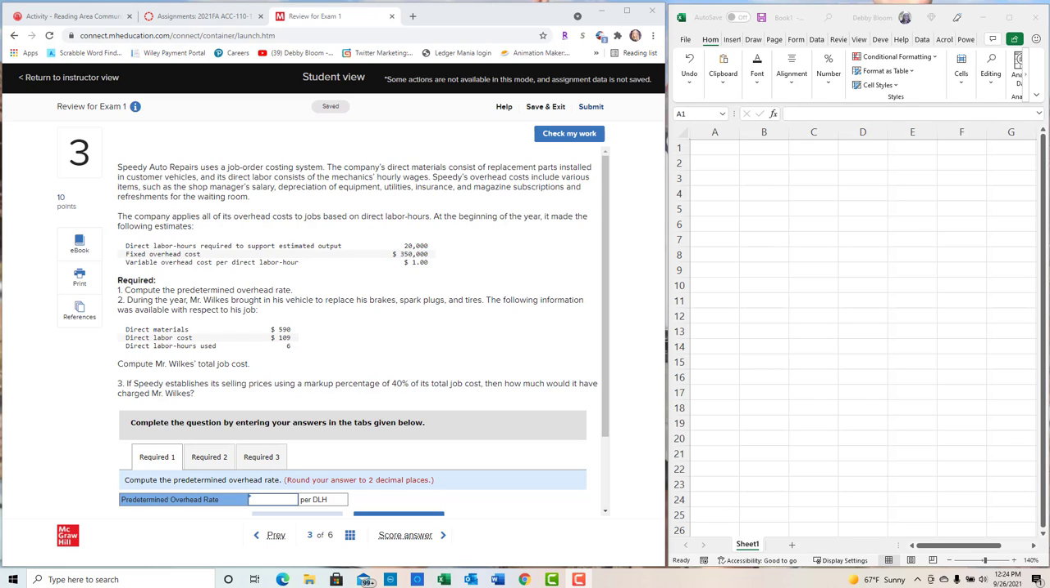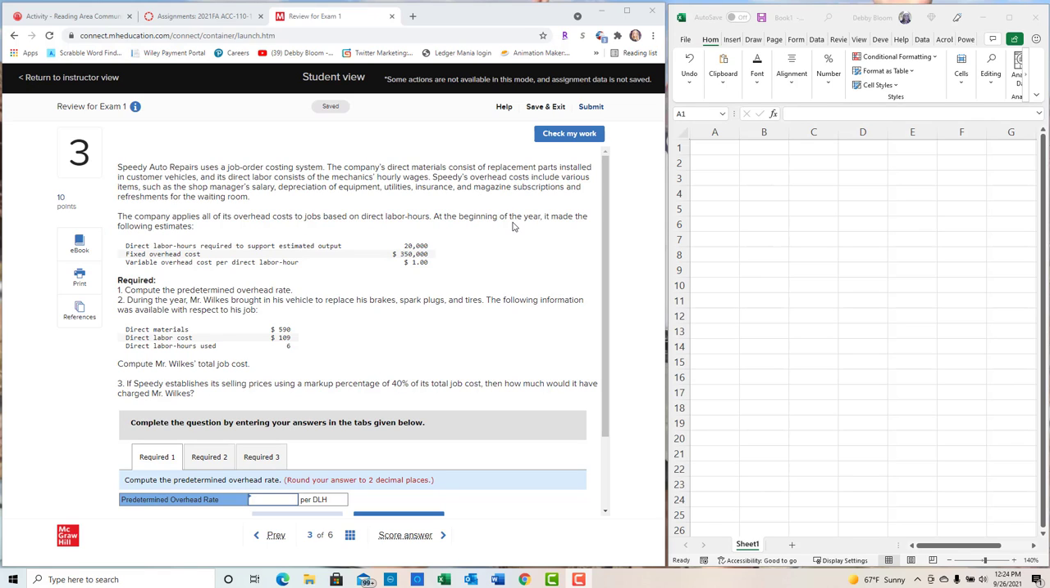In this recording, we're going to work on your practice exam, problem number 3. This problem is on job order costing. Speedy Auto Repairs uses a job order costing system. The company's direct materials consist of replacement parts installed in customer vehicles, and its direct labor consists of the mechanic's